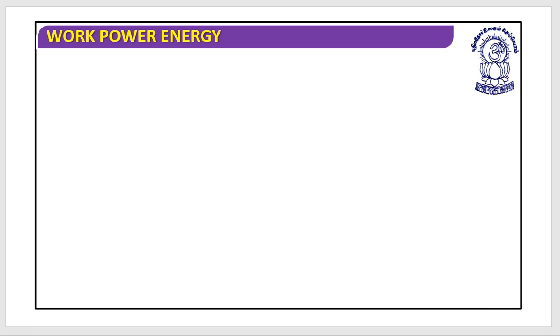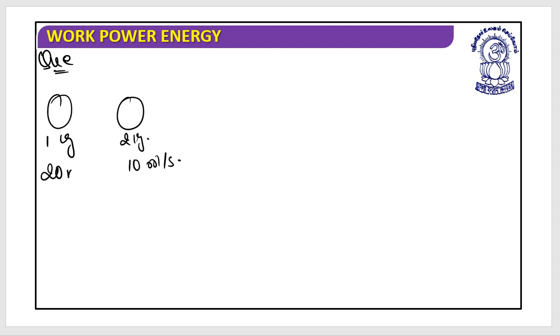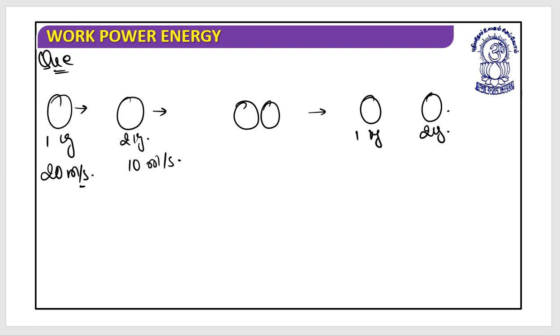Now let's work on the next question. Now they are going to collide for sure. This is the first object, of 1 kg, and this is the second object, of 2 kg. The first is moving with a speed of 10 meters per second, the second with a speed of 20 meters per second, in the same direction. They are going to collide somewhere, and after the collision they move like this. What I want is the final velocity of the first body and the final velocity of the second body. So let's work on it.